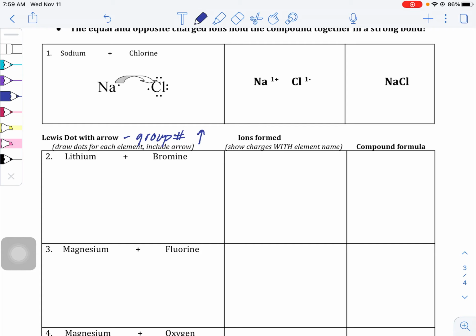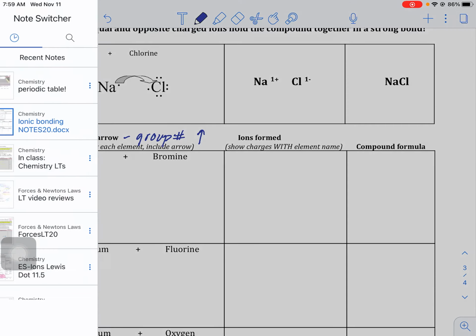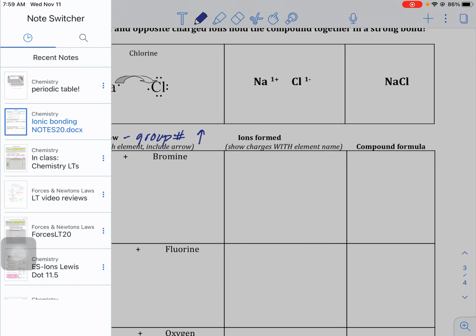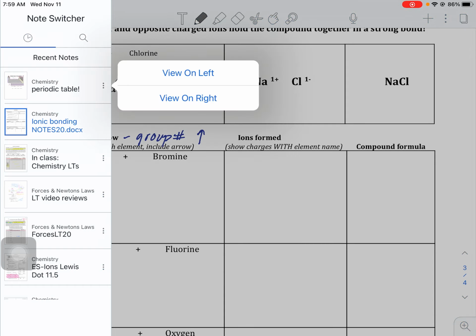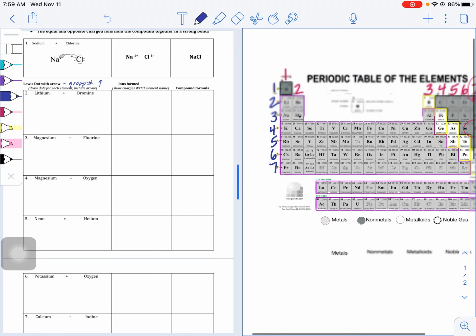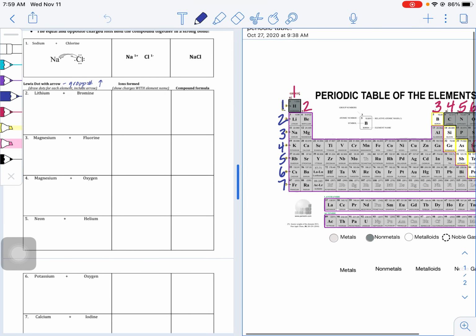Now you should have your paper copy with you. If you don't, you can always go side by side in Notability and have your periodic table there for you. Remember that you're using our periodic table and not just a random one online, because we have some important details on ours. So starting here with lithium,